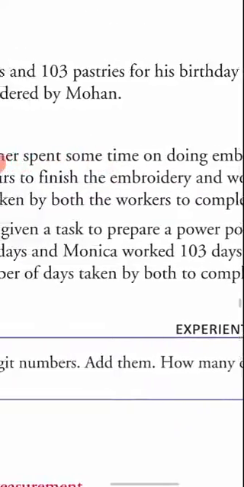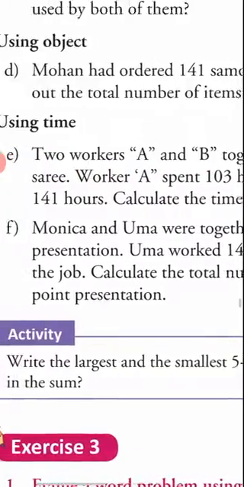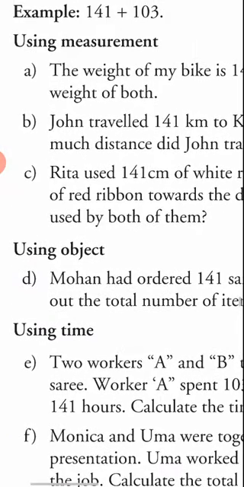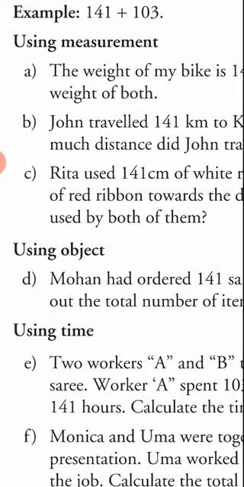Now here you can see that both the workers took different time, because we have to frame a word problem using time. So you can change this, like one student has taken 2 hours to complete the work, whereas the other student has taken 1.5 hours to complete the work. So to get the total hours that they spent doing their work, for that answer again you will add. So you are not bounded that you have to write statements like this only. You just see the question and accordingly you can make your statement.